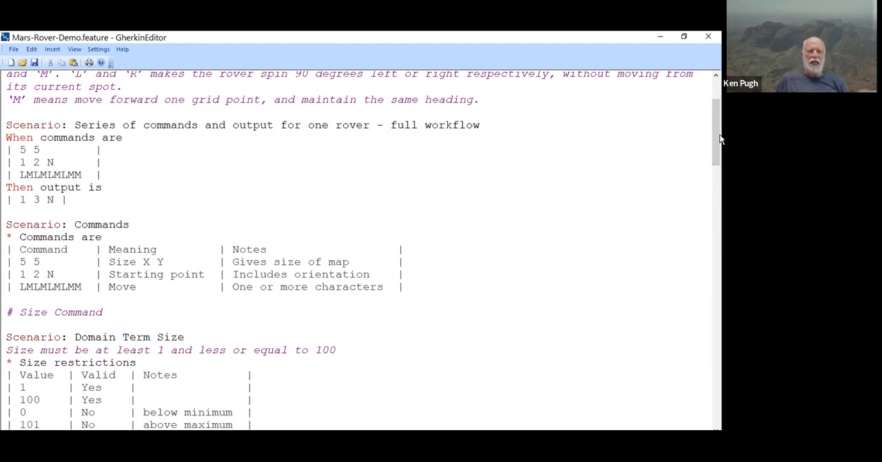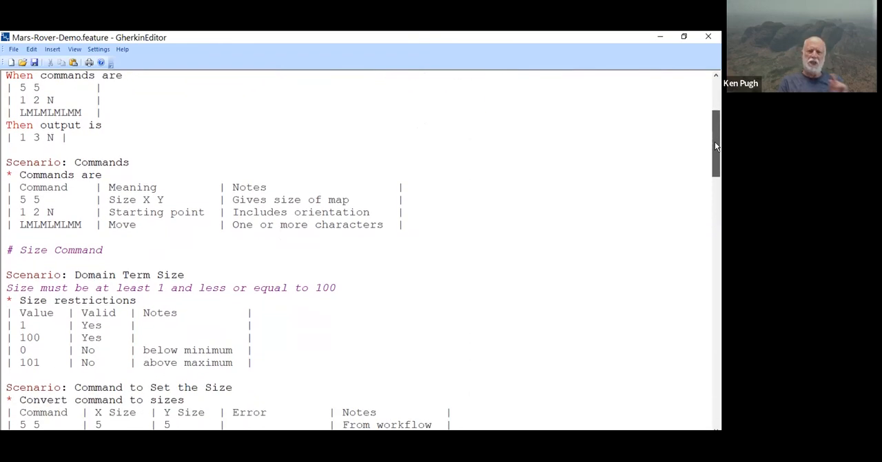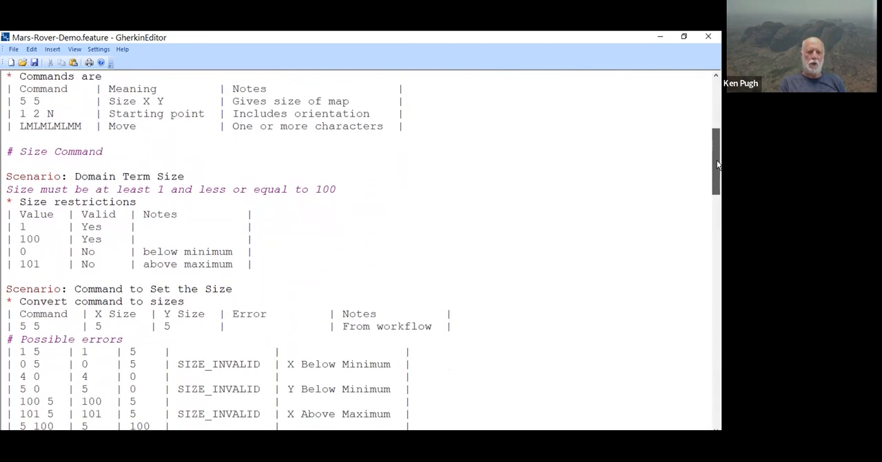So as you see underneath that, this first scenario has the actual strings and the string coming out. Under the commands are the meaning of those commands. For example, we have size. That's 5, 5. That's the size of the map in XY coordinates. We have the starting point in XY coordinates and an orientation, followed by a move. And that's left move and so forth. And we'll show that in just a little more in a moment here. So let's just go over the scenarios themselves as is,